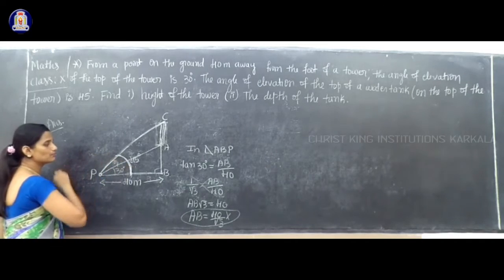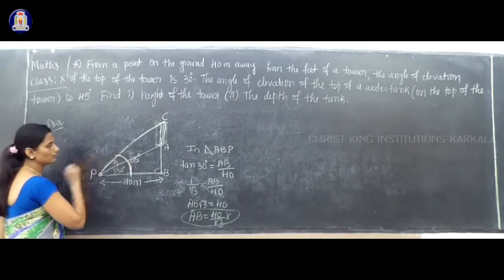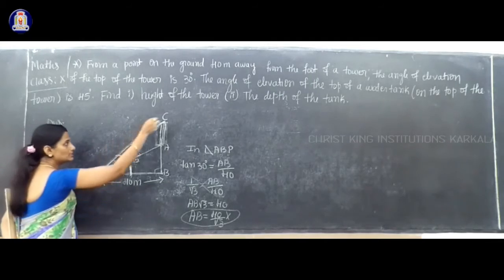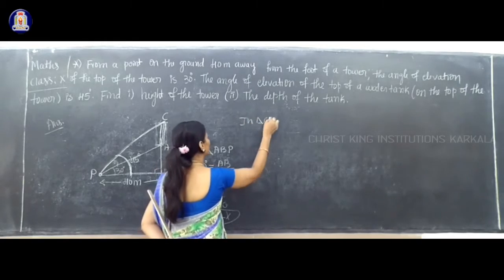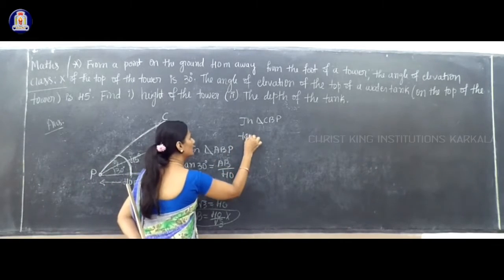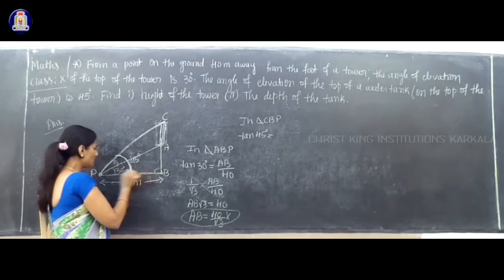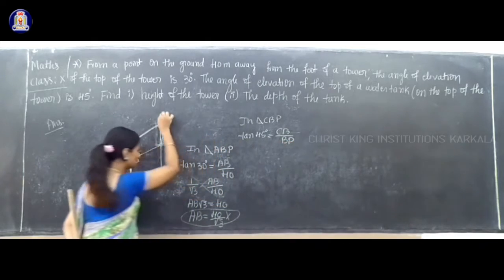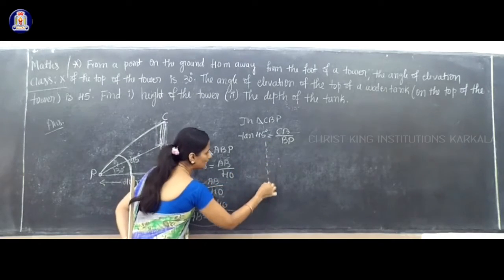Now with respect to this 45 degree, find the side. So now 45 degree, which triangle to use? It is CBP. Correct? And tan 45 degrees is equal to what? CB divided by BP. Now how to simplify and get your answer.